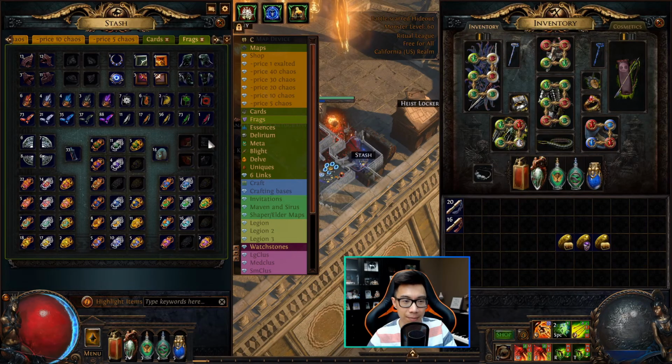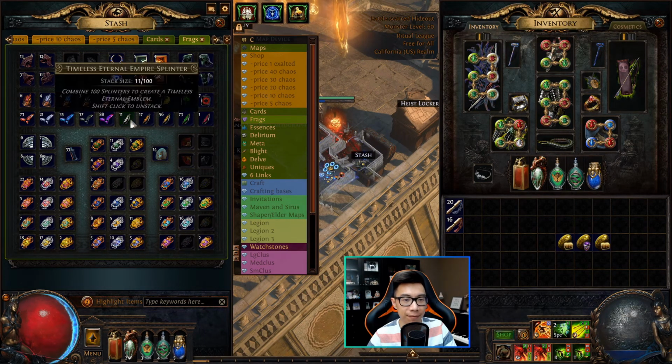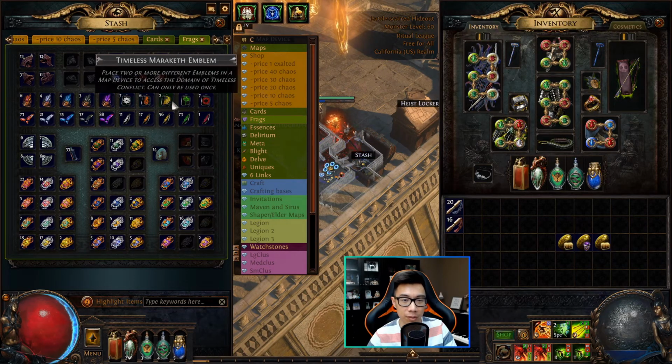Everything else on this tab is for a different mechanic. You can see these are the Splinters that we picked up. There are 5 different colors or types along the bottom here, and it's really quite simple. You collect 100 of one of these, and you're going to make the corresponding emblem, which are these ones at